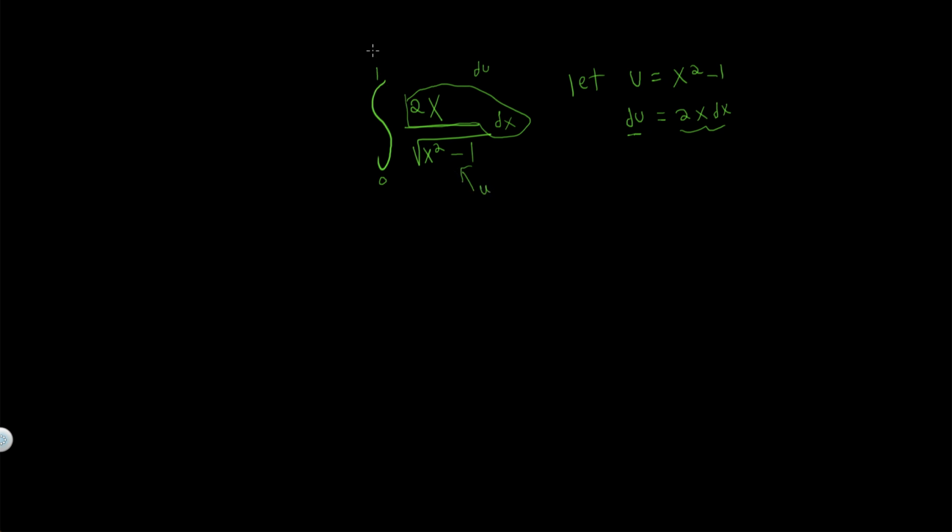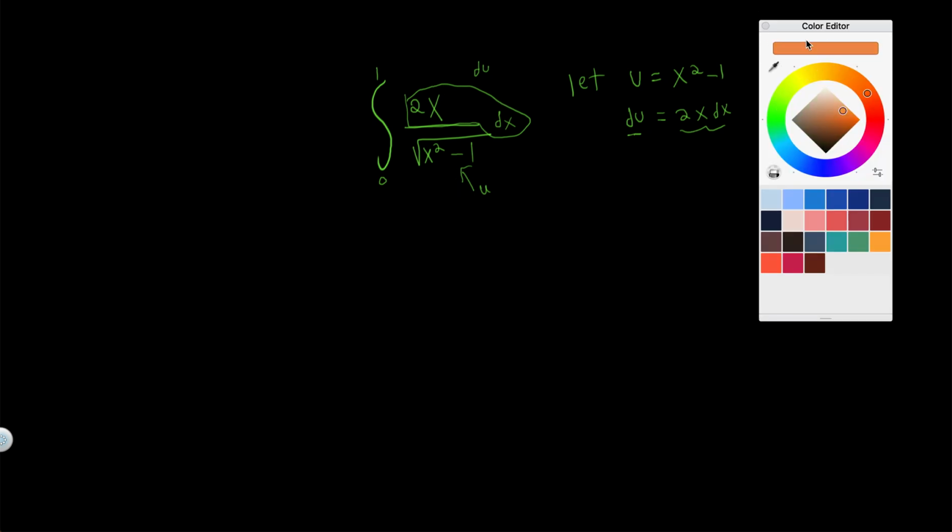Now, we have to change our bounds here because we let u equal x squared minus 1. So when x is 0, u is 0 minus 1, so u is negative 1. And then for when x is 1, we plug in 1 here, we get 1 squared minus 1, u is 0. So we can rewrite this integral, so bear with me here,